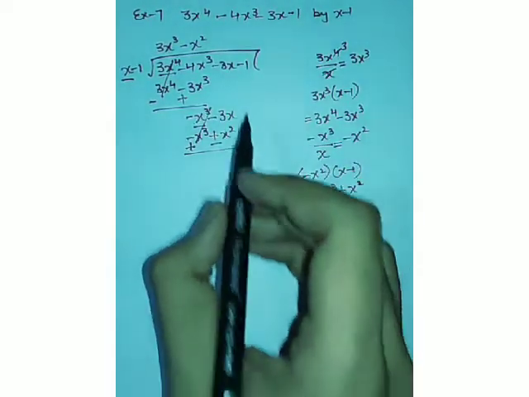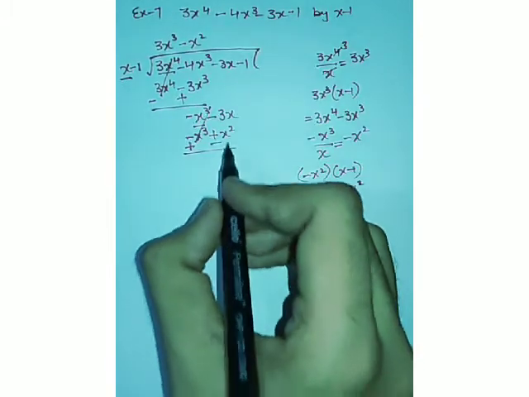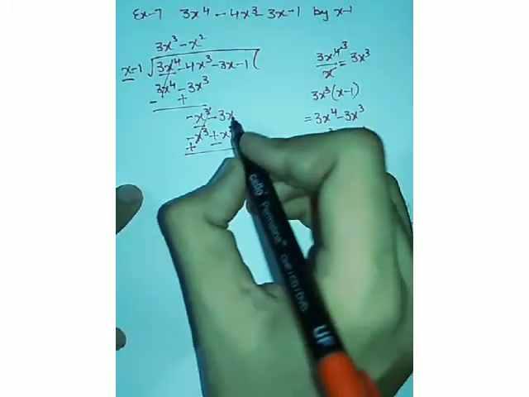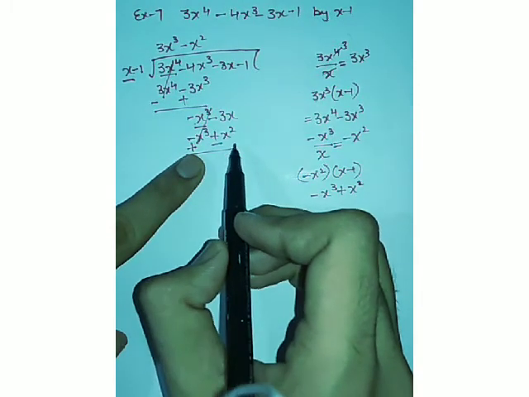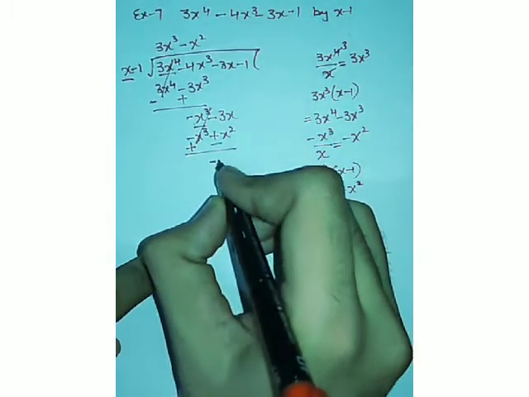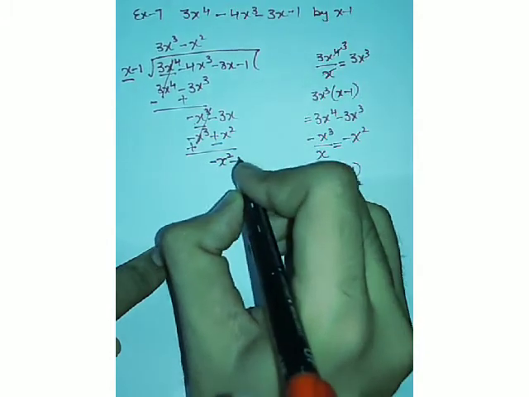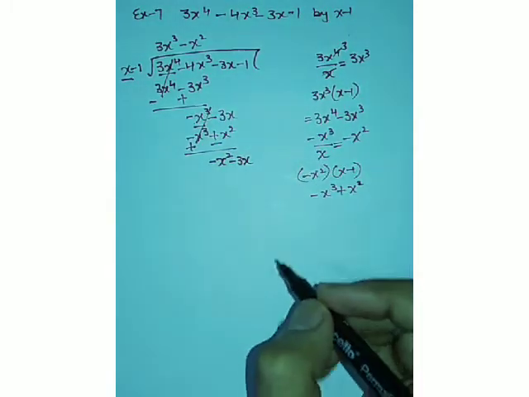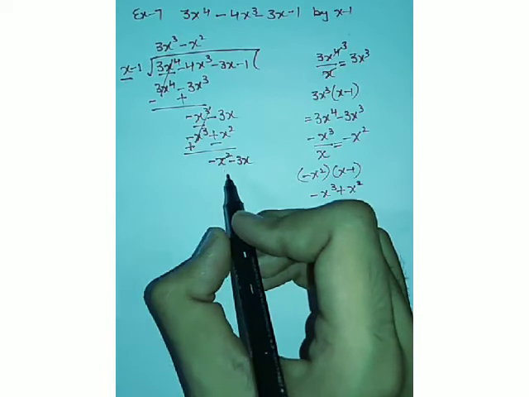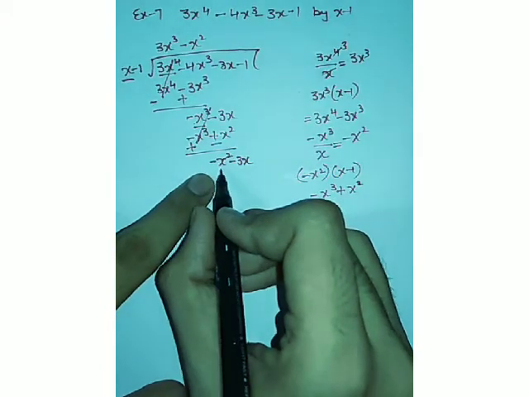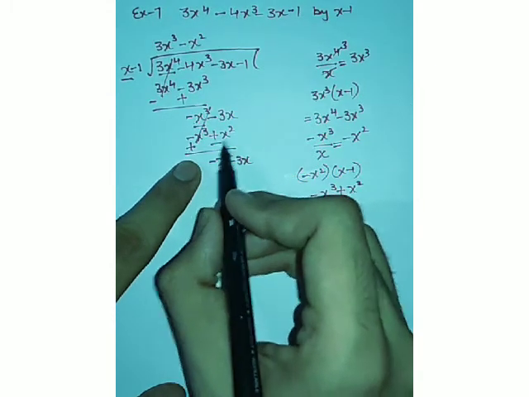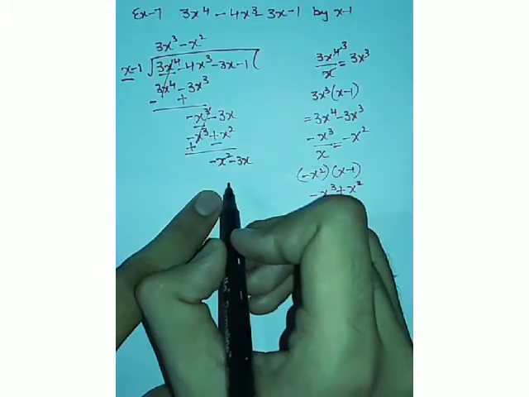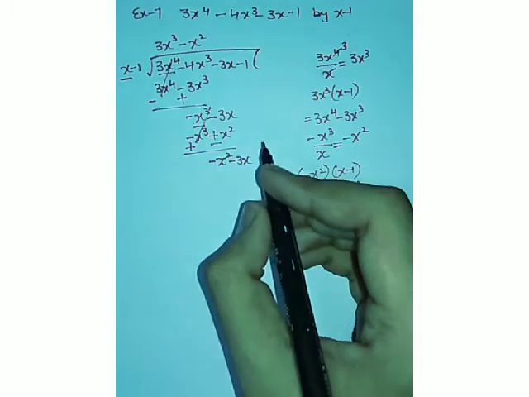Minus 3x minus x square. So you can see that this is x and this is x square. You cannot solve this. So you will simply write minus of x square minus of 3x, because you cannot subtract, and we have to obey the rule of arranging the polynomials at any step in the decreasing order. So that's why I have written minus of x square before minus of 3x. Alright, I hope you understand this concept.